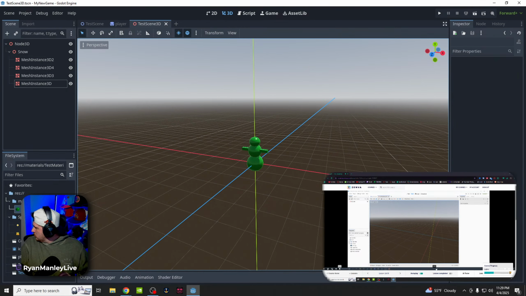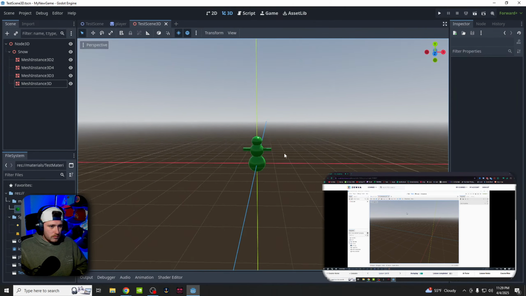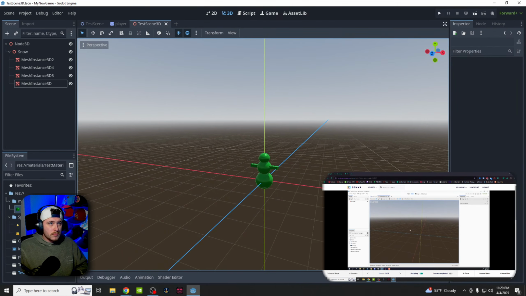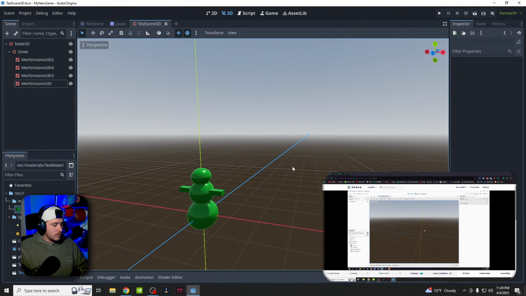Hey everyone, in this lesson we are going to be looking at lighting inside of the Godot engine. Okay, now when working in 3D, lighting is very important as it sets the mood and it sets the theme of your game. So how do we create lights inside of Godot? Well, first of all, let's get an actual mesh in here so we can see what effect it has on the actual